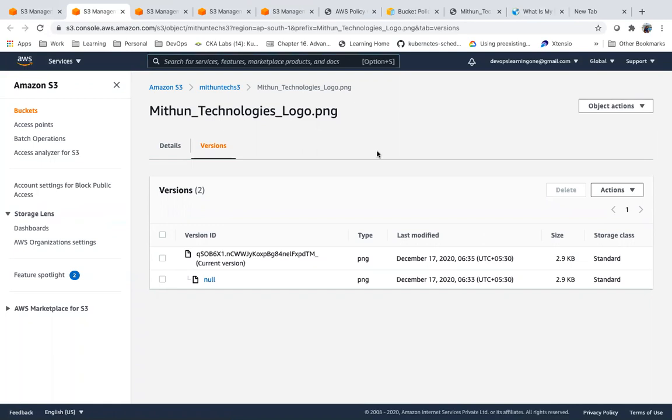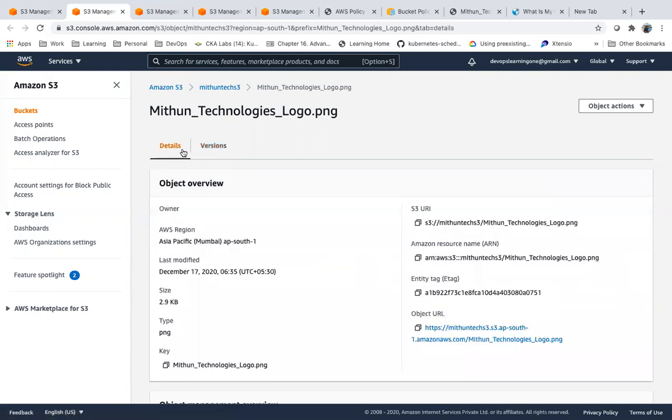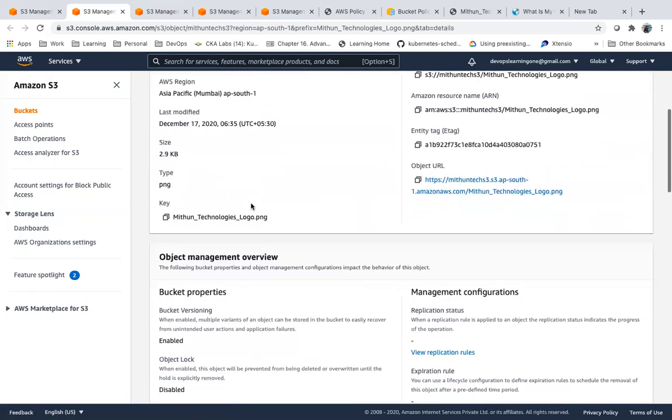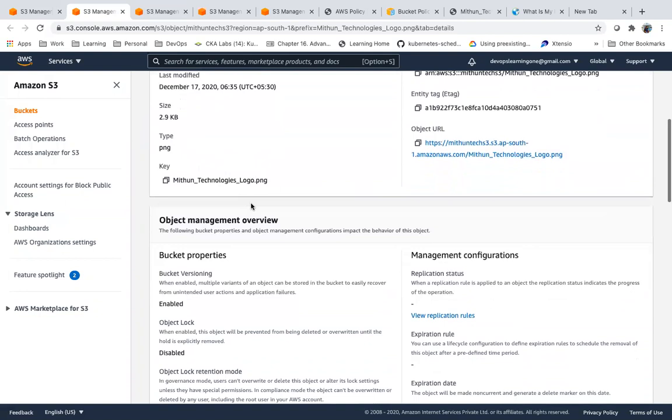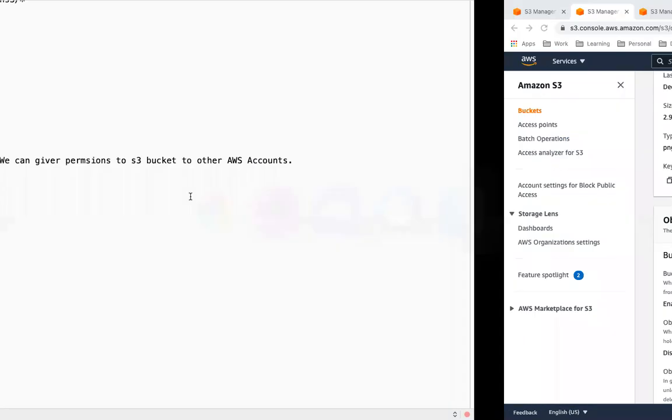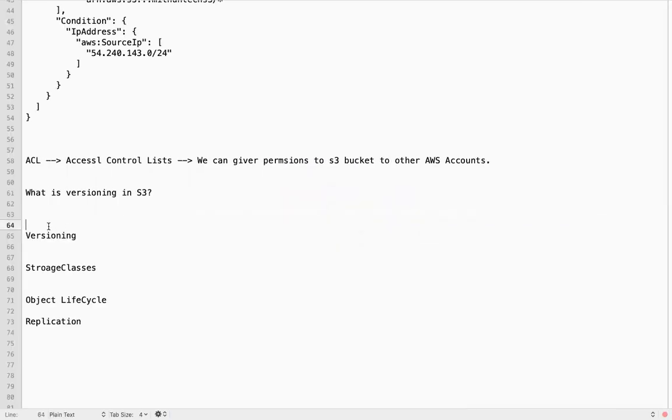So after enabling versioning, it will maintain all the versions. There is no limitation; you can upload any number of versions. It will maintain all the versions of your object. So we can enable versioning.